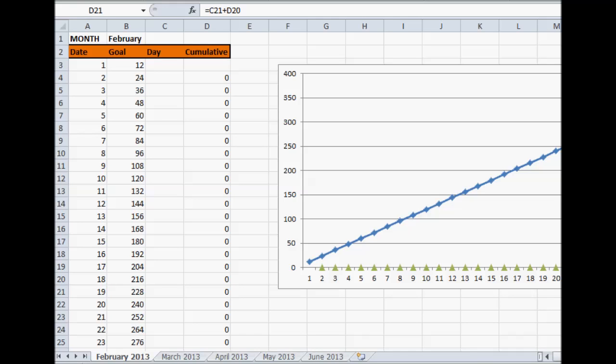Today I'm going to show you how to use this graph I developed to help you track your progress in your business. I was inspired to produce it so that I could visually see what was happening in my business. This was done using Excel, but you can also open it in OpenOffice, and it's a free download that you